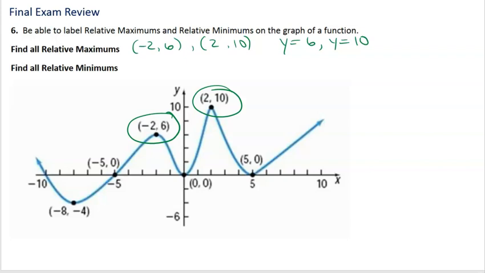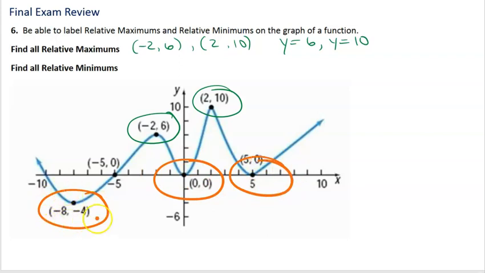On the other hand, the minimum values, look, I got a minimum here. It's a low point, like a valley. I have a minimum here, and then I even have a third minimum there. Now this (-8, -4) is truly the lowest point on the entire graph, but relative minimums just mean the lowest point relative to the points around it. And that's why all three of those are considered relative minimums,